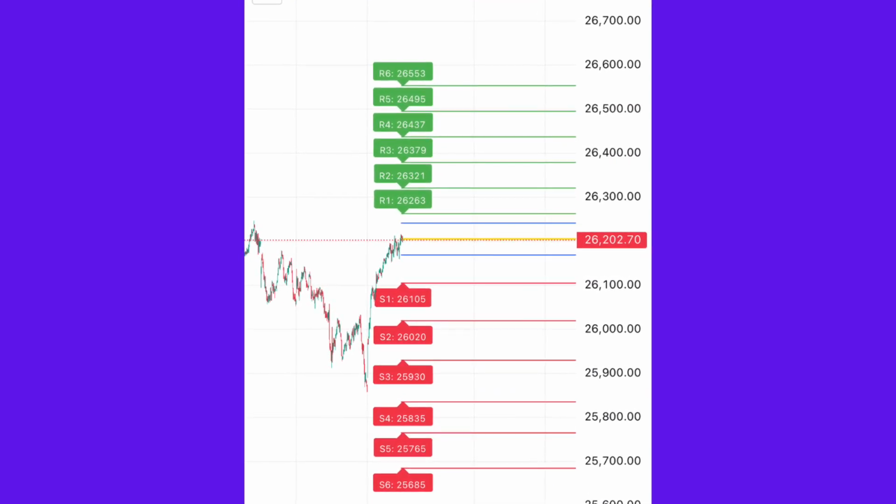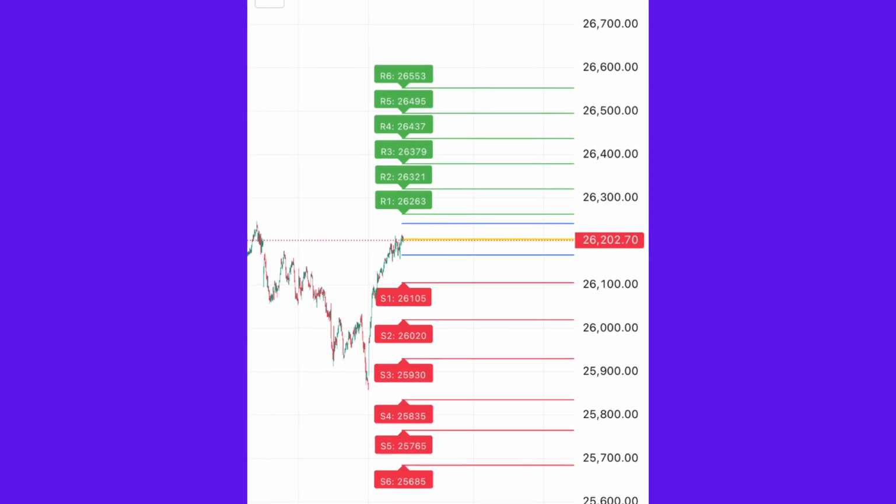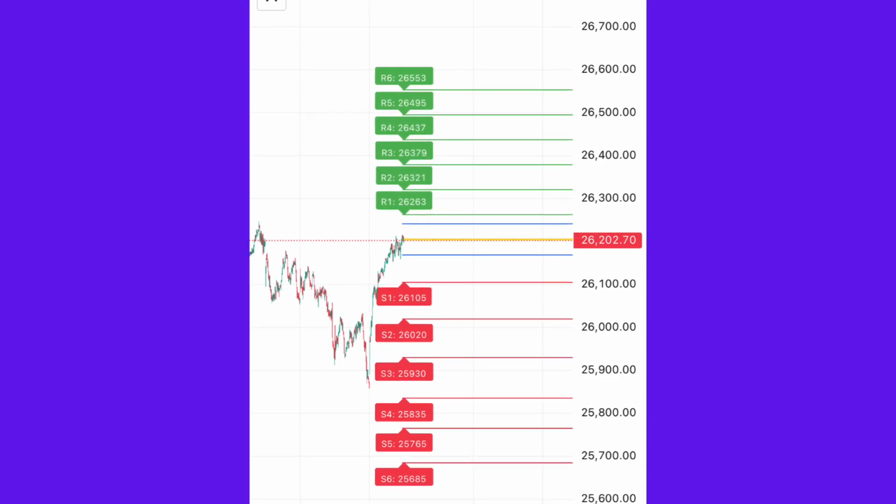In today's pre-market video, we'll break down NIFTY's support or resistance levels, global cues, sentiment, and most importantly, what direction Nifty is likely to take today based on the data we have. So let's get started. Global market summary. First, let's understand how the global markets performed, because they decide the tone for our opening.